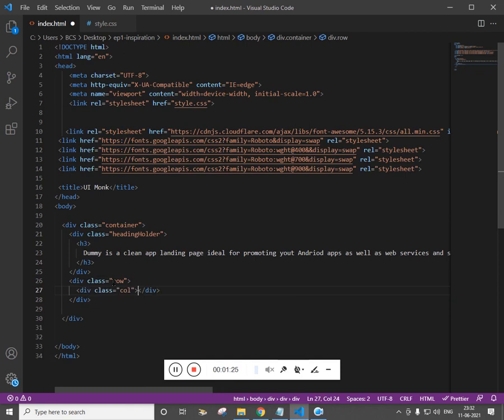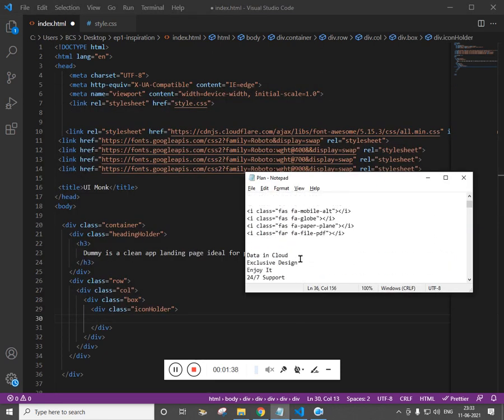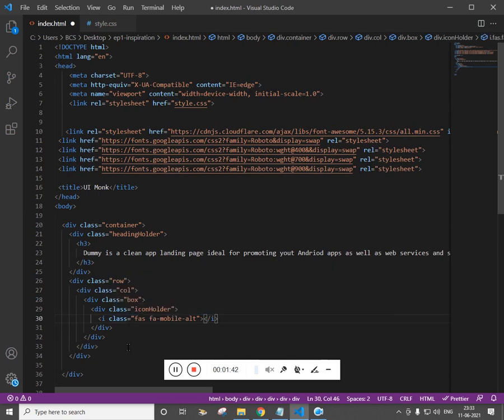Inside the row I have a column 4 times, and inside the column I have a box, and then I have an FA, let's say icon holder. Inside the icon holder I have the actual icon, and then I have h6.